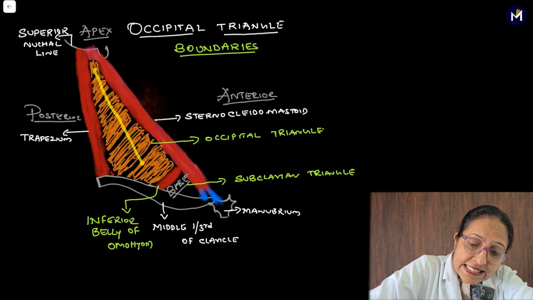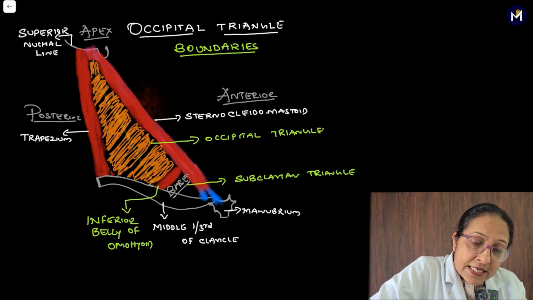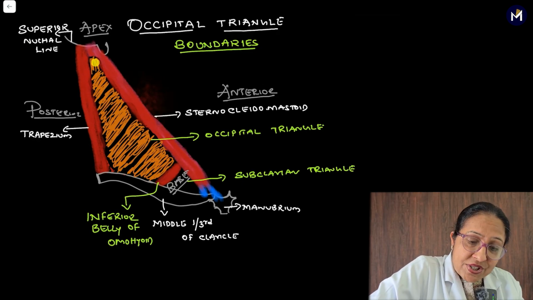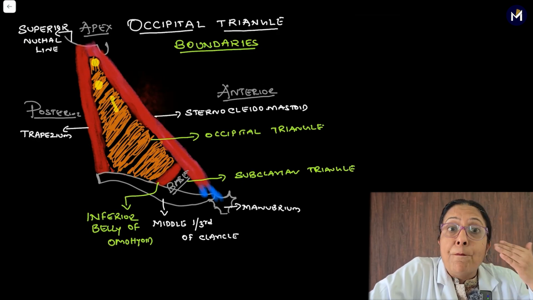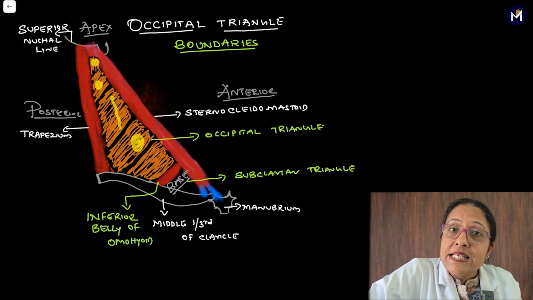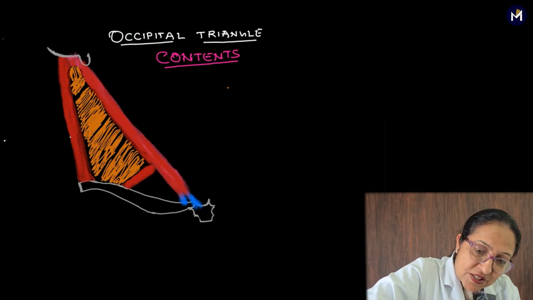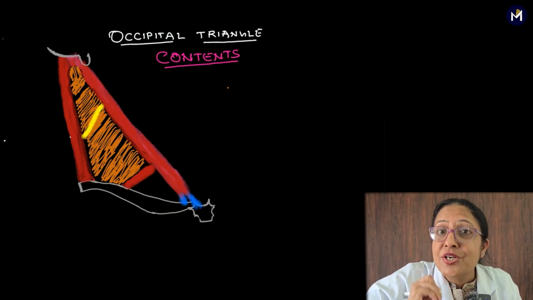The floor is the same which we have seen in the boundaries of the posterior triangle, that is the semispinalis capitis, splenius capitis, the bulk is levator scapulae, then scalenus posterior and scalenus medius. The roof is by skin, superficial fascia and investing layer of deep cervical fascia. Coming to the contents, the most important content of the occipital triangle is spinal accessory nerve, which supplies both sternocleidomastoid